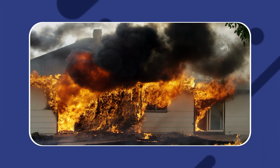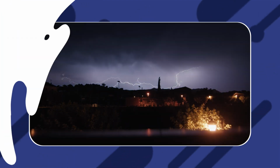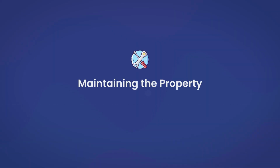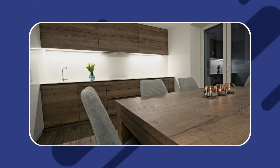This is because the typical landlord policy covers more than the typical homeowner's policy, and therefore costs more. If you're worried about paying too much for insurance, there are some ways that you can reduce the price, and we're going to talk about that. Some of the ways to do this include maintaining the property. Well-maintained homes have fewer claims, which means that the insurance will be lower for those homes. So if you keep the property in good shape, there's a good chance that the price you'll pay for insurance